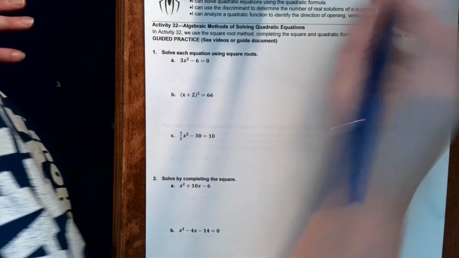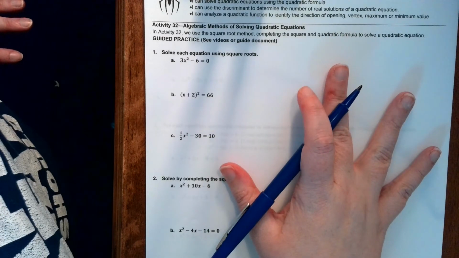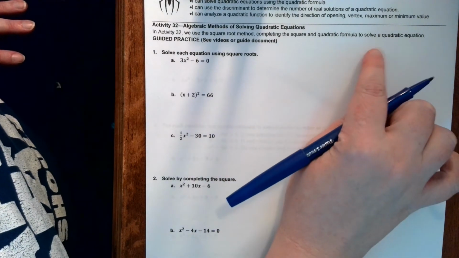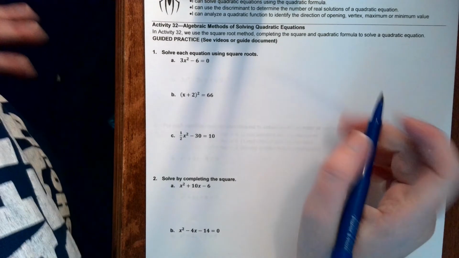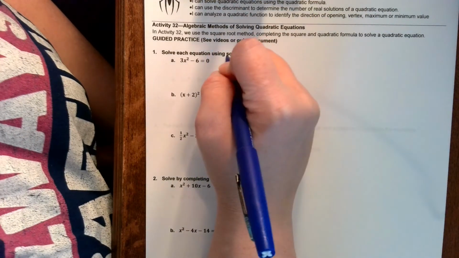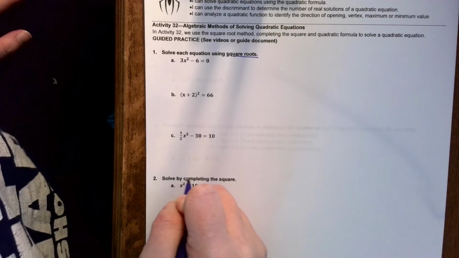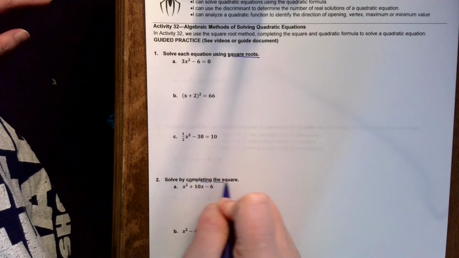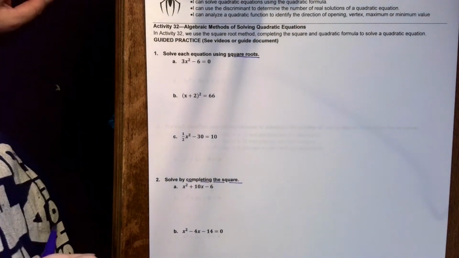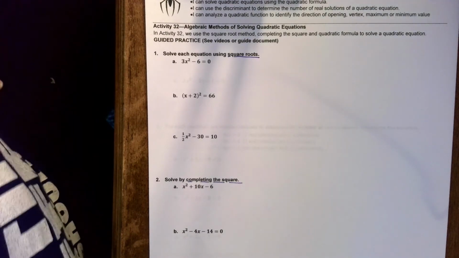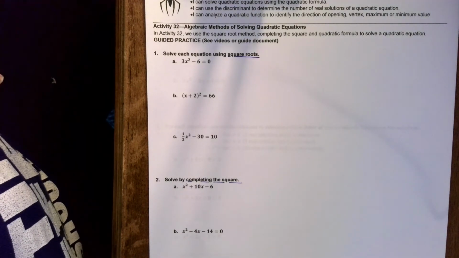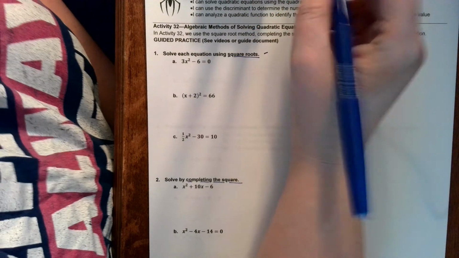Okay, so if you remember last time I told you there were 5 solving methods, and we did graphing and factoring in the last video. So we have our last 3 solving methods in this video. We have square roots, we have completing the square, and we have the quadratic formula. So we're going to start with square roots first because it is the easiest, but it cannot always be used. Okay? So square roots